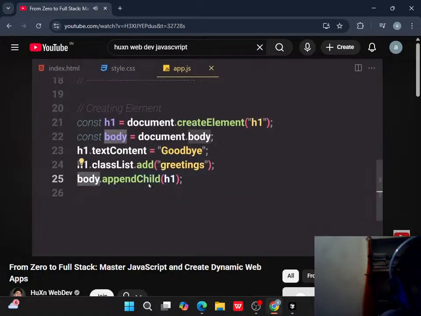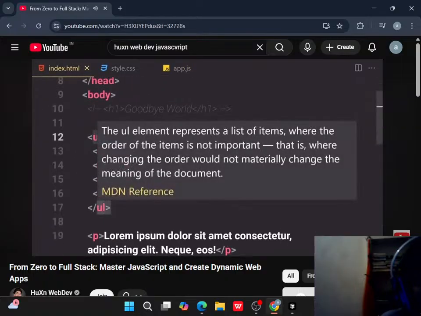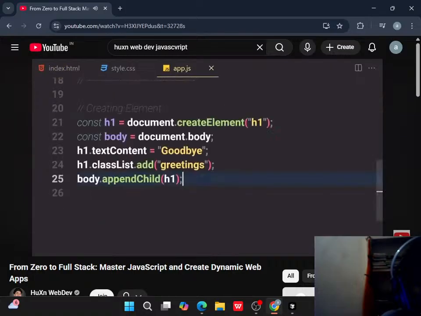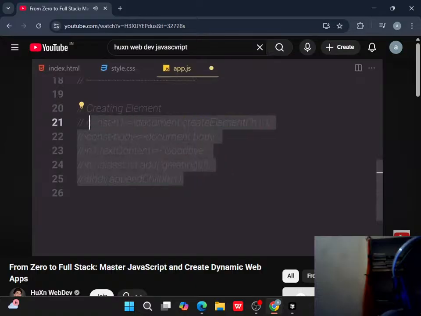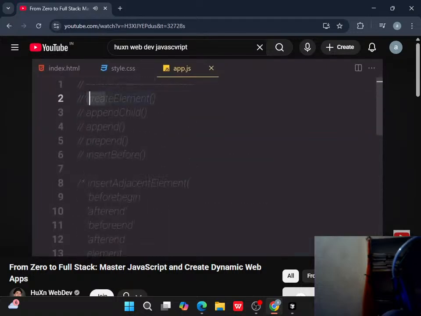We can append it to our UL and LIs and all of that kind of good stuff which we learned. So you can just select this UL and append it right here at the end of these LIs. So now let's do that. You know what, I'm going to comment all of this code from now, and I'm going to make a separator for ourselves. Alright, so now that we learned about the createElement method and appendChild method,